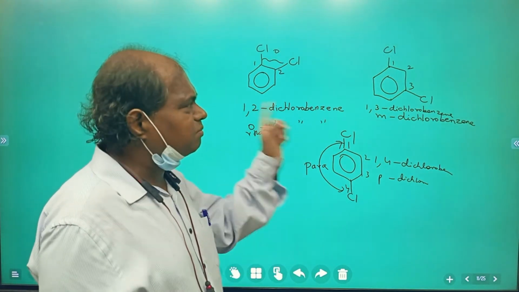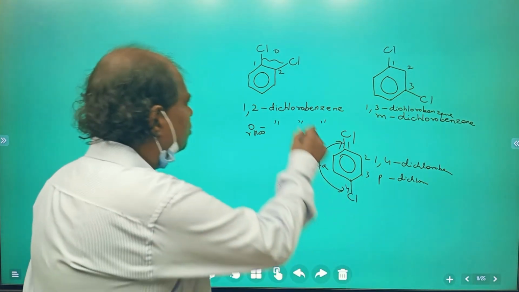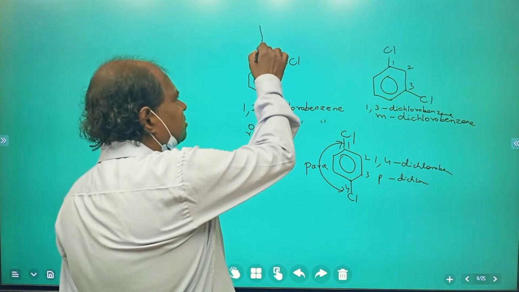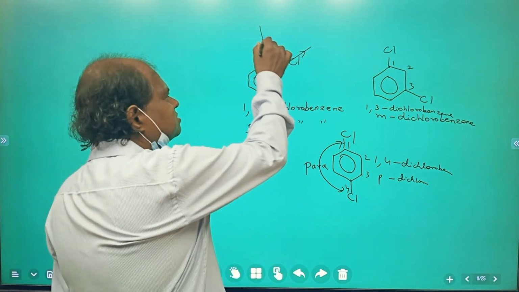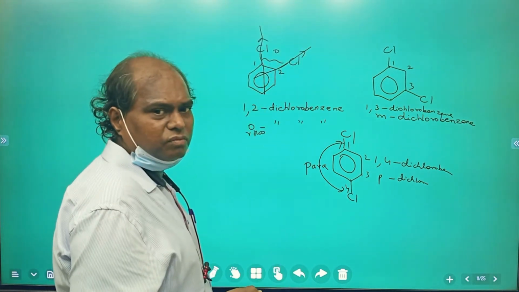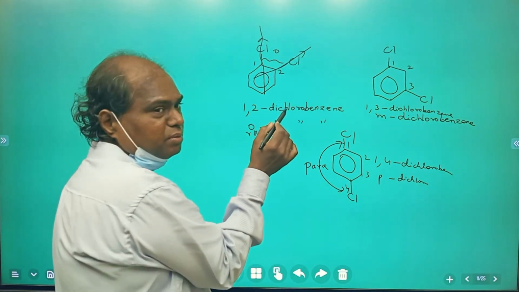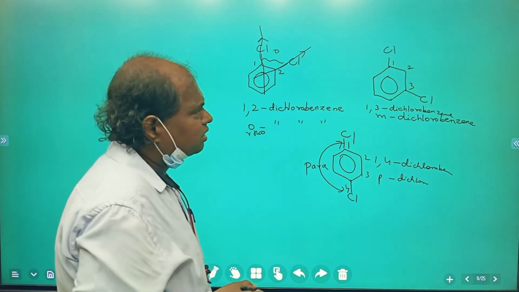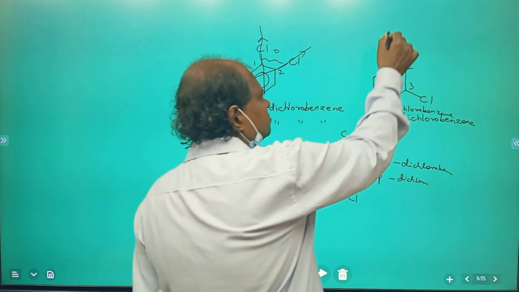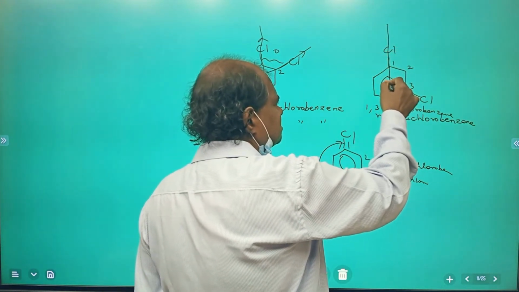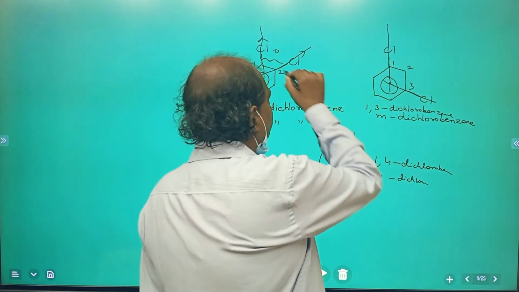Now what will they ask you in the exam? They'll ask you to arrange them in the order of dipole moments. What is the order? Now very easy. Here if you see the two chlorines, they are very close by. Can you see? This is one chlorine, right? This is the other chlorine, right? So there's a dipole moment here. There's a dipole moment here. These two chlorines are very, very close by. So this will have the highest dipole moment. You have to do vector addition. This is a vector and this is a vector, right? Clear? So first will be ortho.